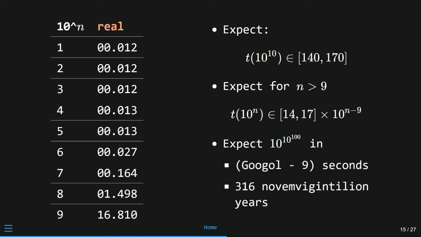Here was the data I took at home, and if I were as smart as I wish I was, I would have just done all of these calculations live in front of you. But I calculated that it would take 316 novemvigintillion years to check to see if googolplex is one of the natural numbers, which is odd because I can ask a toddler this and they will respond instantly. Right, so